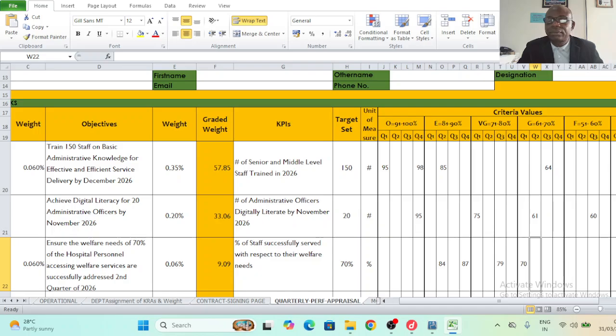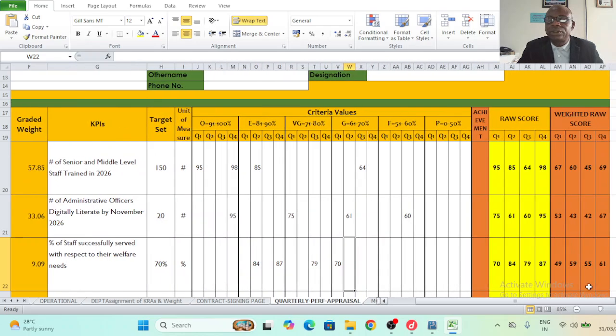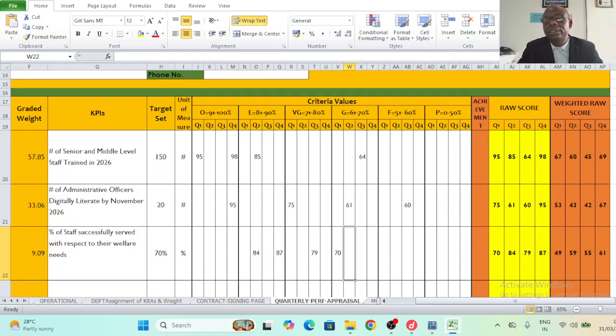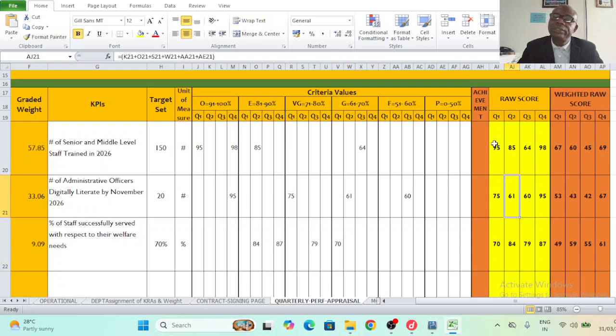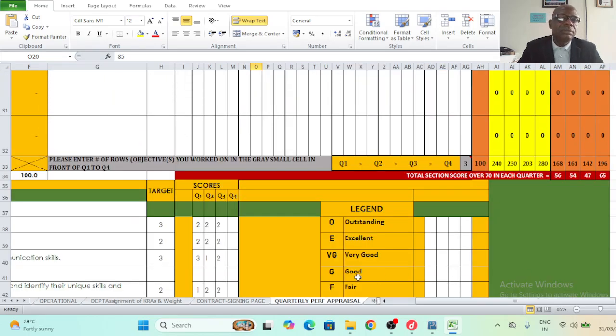So I've done that. If you check, it has also negated. See, it has filled all the column automatically. Please be very careful not to delete any of this formula. All the color area, don't tamper with the color area. So you're only to put things in the white area. So now let's go and score this stuff under